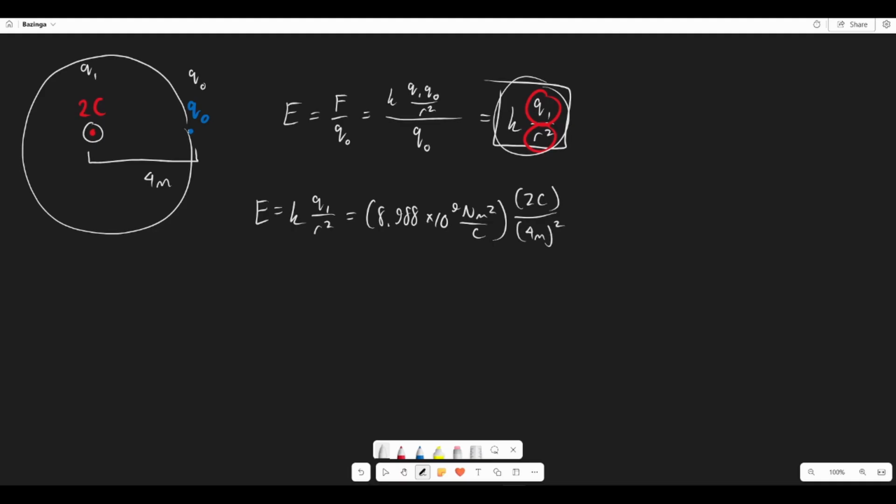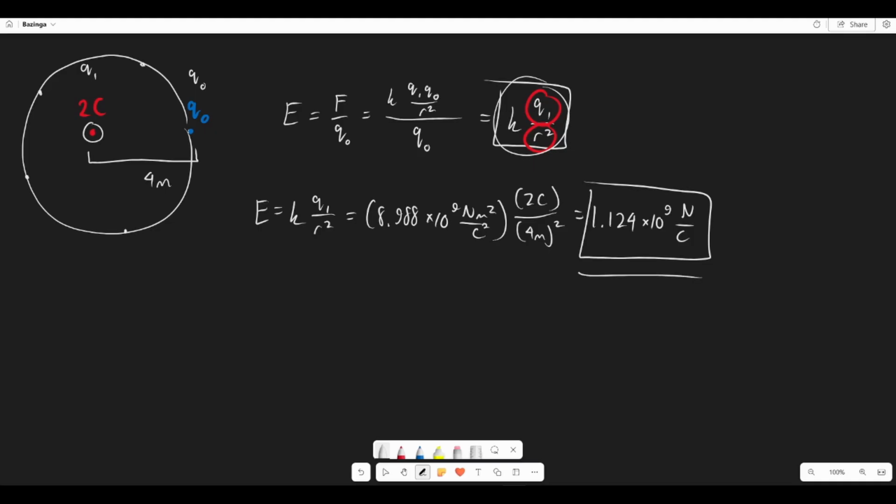Plugging this into a calculator yields 1.124 times 10 to the power 9 newtons per coulomb, because this is squared, my bad. So in a 4 meter radius of this point, at any point along this circle you pick, the electric field